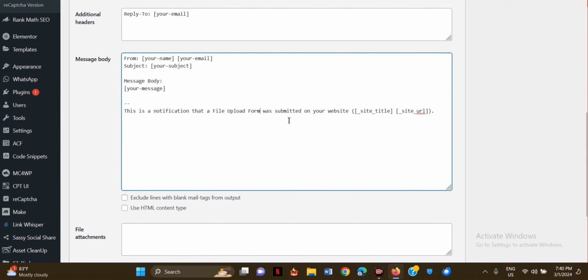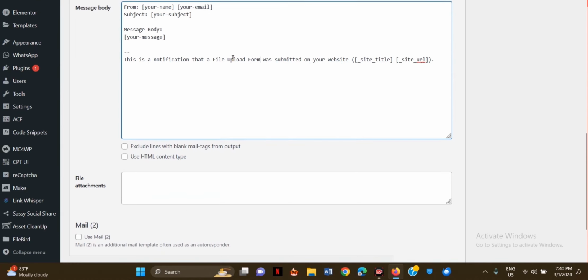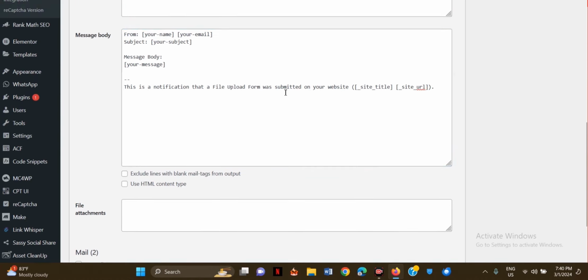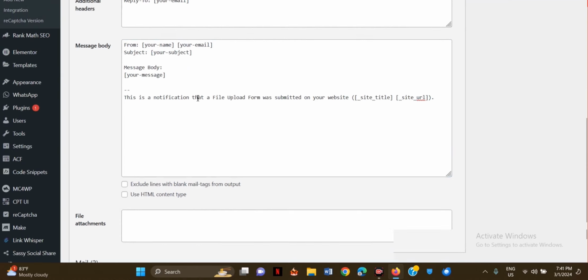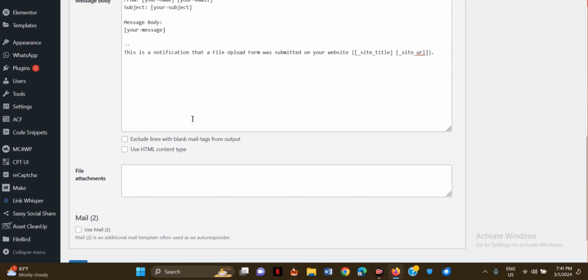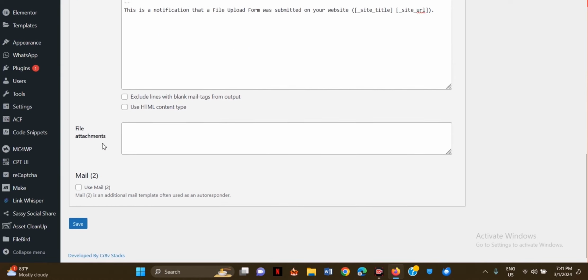So the site title and the site URL. This is just to let you know where the email you're getting is from, because sometimes you can actually forget when your website is fully functional. So what you want to do now is you can just save this, but if you want the recipient to also receive the email, if you want them to also get a notification for the email that they sent to you,